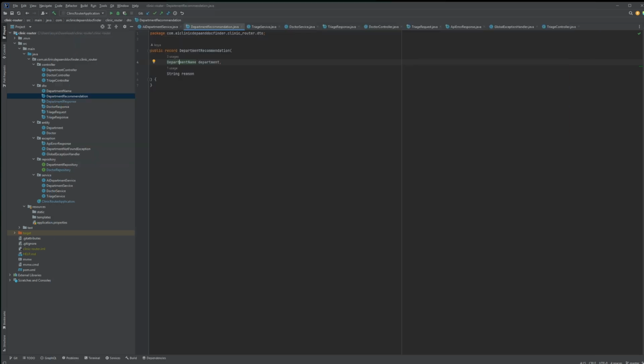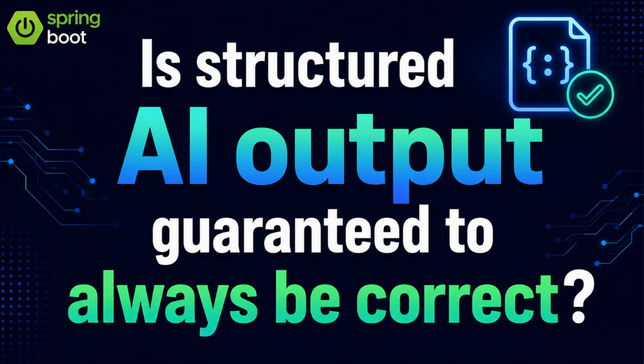Structured output makes AI responses easier to use in application logic. Instead of parsing free-form text manually, I can work with recommendation.department,